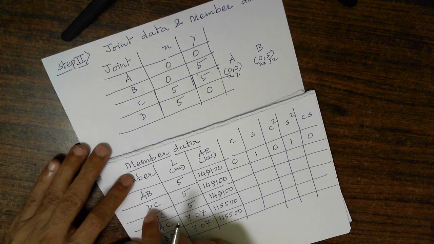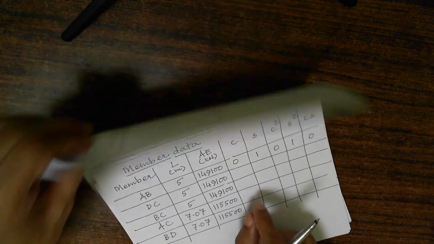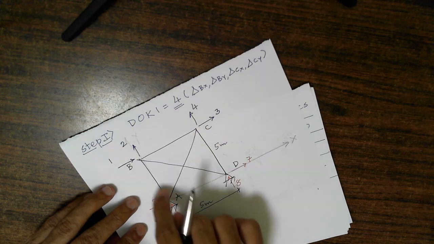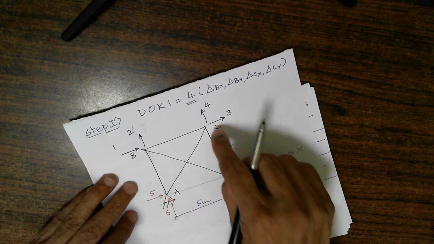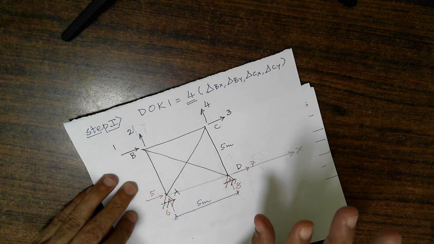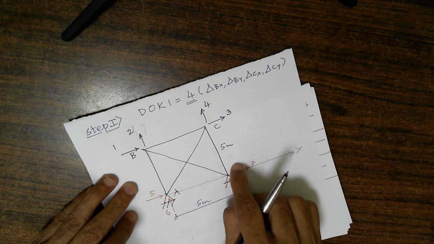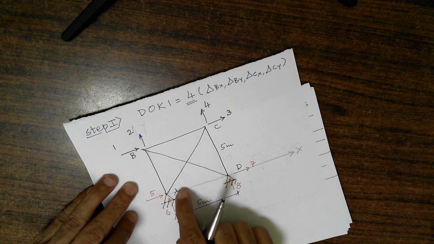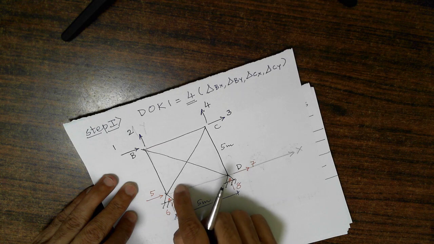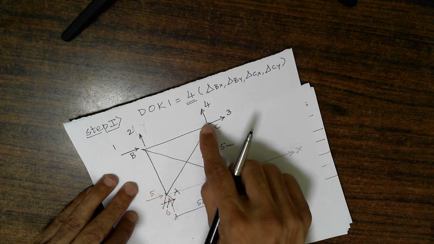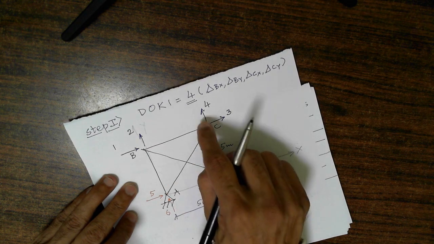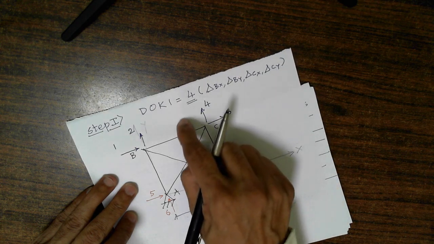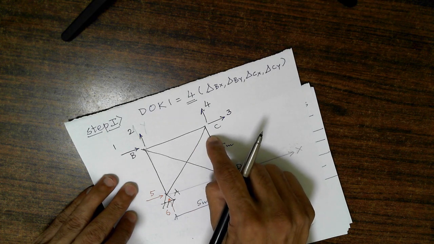Very simple. Now for DC member, that's why I have selected member DC, because the orientation of DC and the orientation of AB is the same, whereas CD is oriented in a different direction. What is orientation? The angle made with respect to the positive x-axis in anti-clockwise direction. The angle made with respect to the positive x-axis in anti-clockwise direction for AB and DC is the same. But for member CD, the angle made with respect to the positive x direction in anti-clockwise fashion will be 270 degrees and the properties will change.